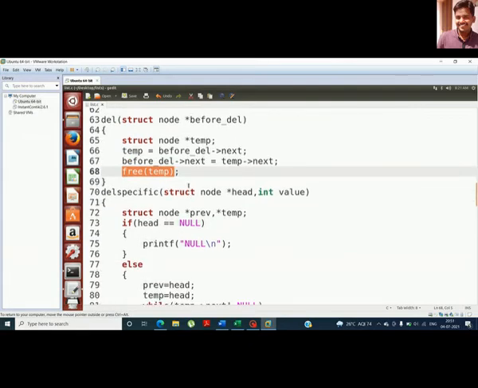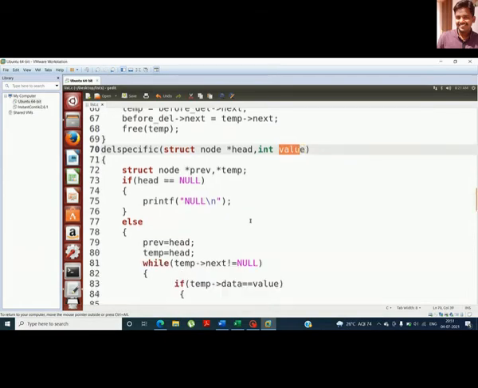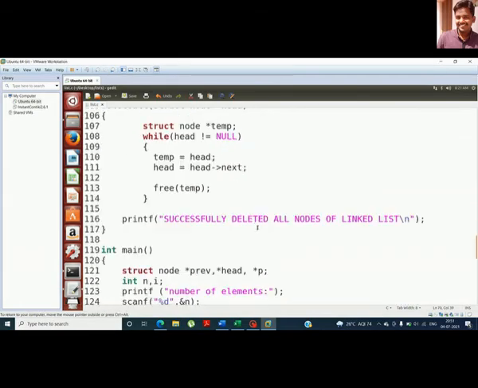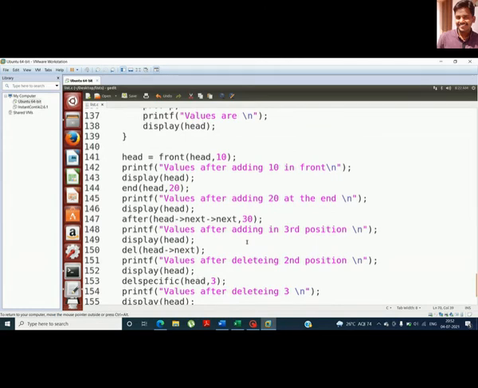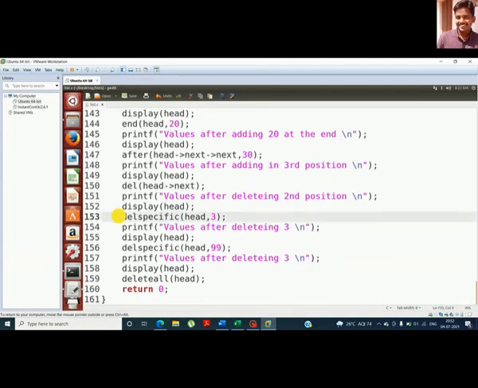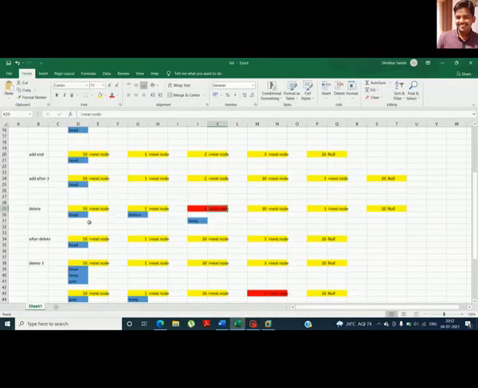Now suppose I want to delete a particular item by giving a value. This is how I have written it. You can see here this is the function to delete a specific value. Say I want to delete the node which has the value 3. If I delete 2 in this node, then I will have this list. In this list I want to delete 3. How to do it? This is the logic.